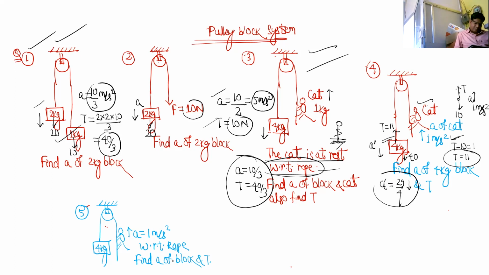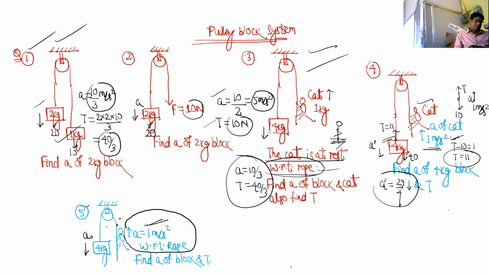Now here again acceleration is given 1, but this time it's not actual acceleration. Here you see in question number 4 and 5, now the difference. In question number 4, that acceleration a was with respect to ground, actual. Here again he has spoken that acceleration is 1, but it is not from ground. It is with respect to rope. So how to do it? So assume that this 4 kg is going down with a naught.